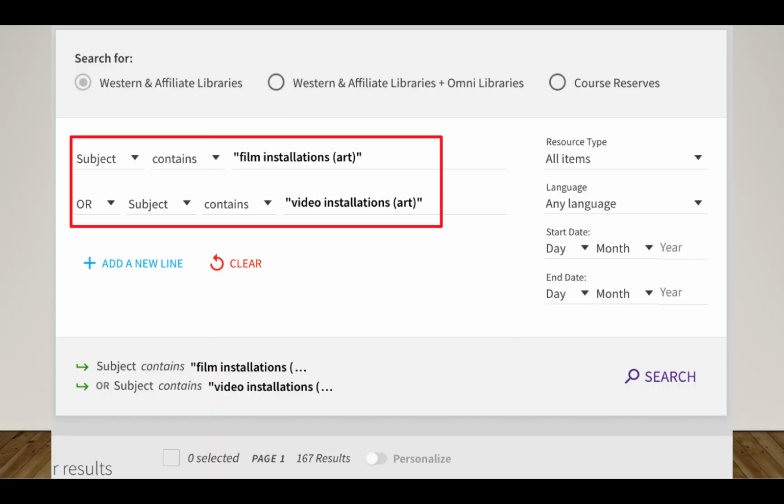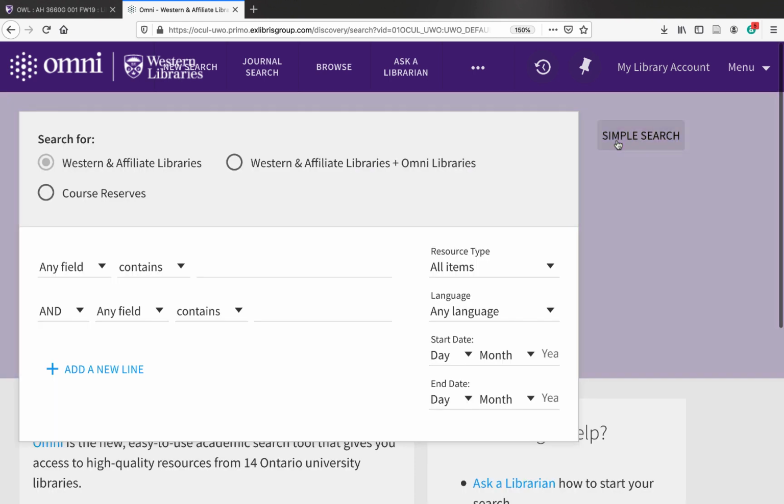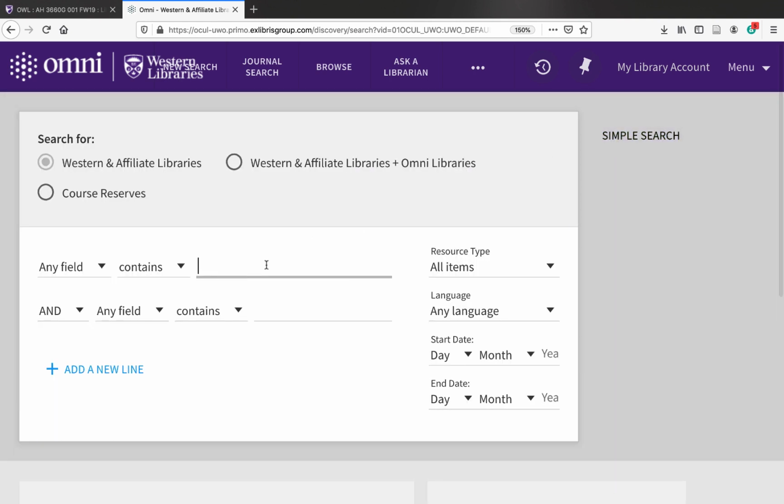This is the search that I finally ended up running in Omni, and it worked the best for me. But if you want to take a look at the details of what I'm about to do, take a look at the notes field for this particular slide. When I first got into Omni, the first search I did using the advanced search was the following: